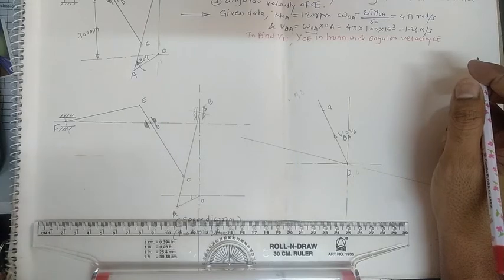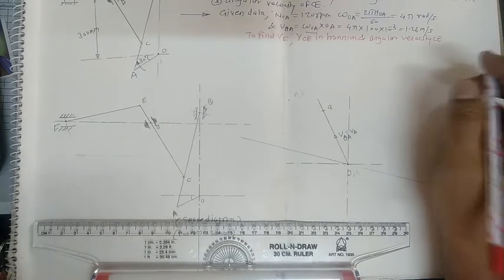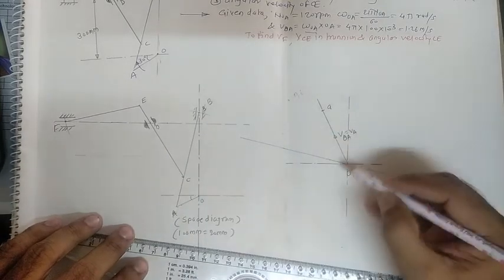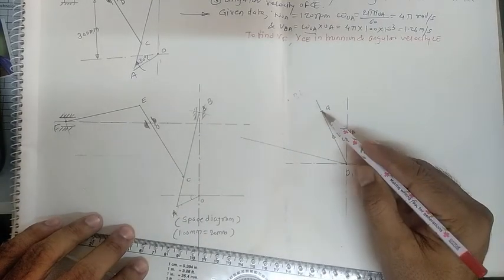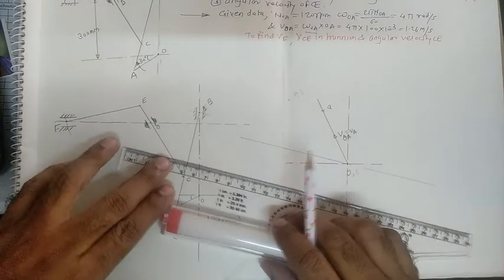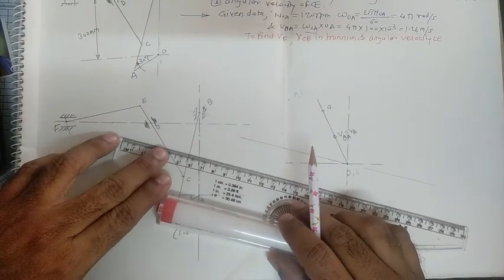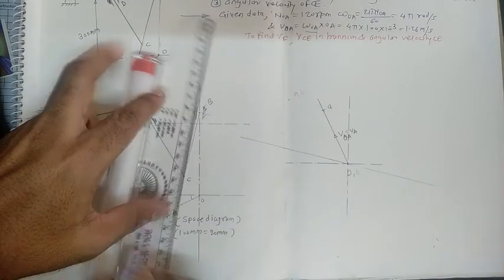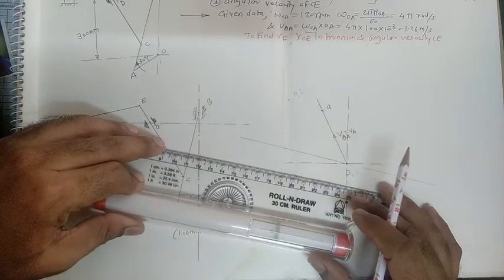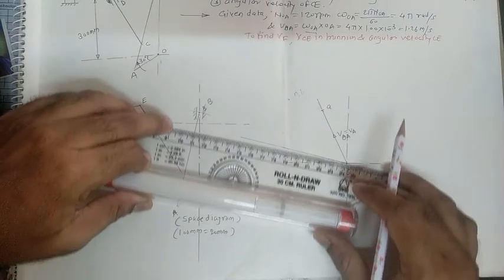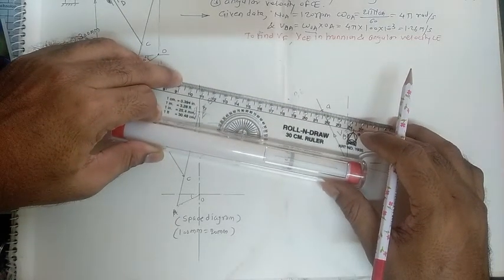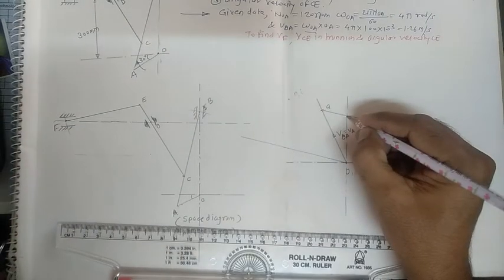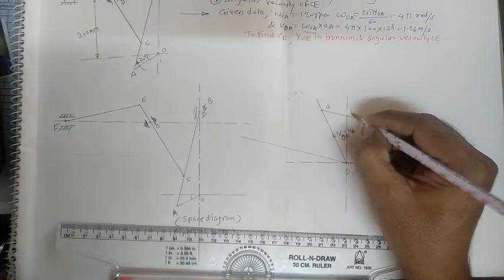Next one we have to locate. Now if you look here, the point A is here. Now draw one line perpendicular to this AB. So here is the AB. Draw one line perpendicular to this AB, passing through this point A and intersecting the vertical line in this way. Now this point is nothing but the point b, shown by a small letter.